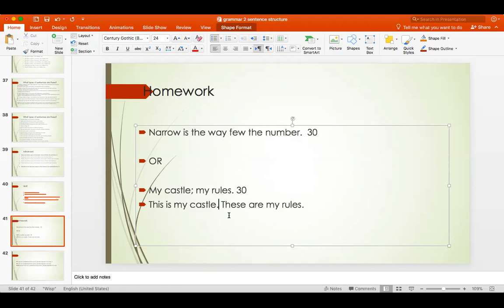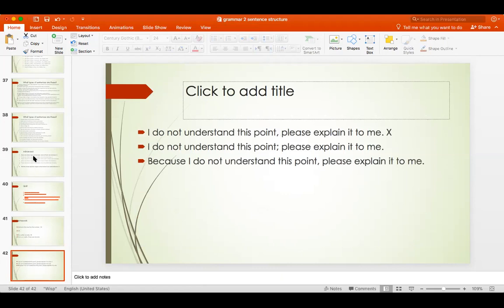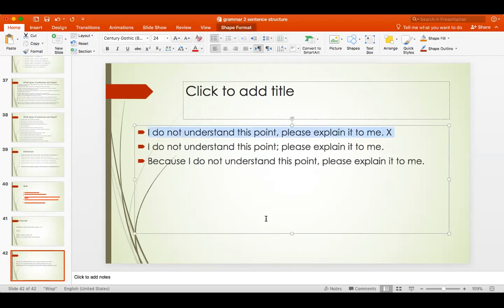Here there is a cause and effect relationship. So if you say, for example, this is my castle, so these are my rules. This is my castle; therefore, these are my rules, etc., etc. Now I want again to emphasize this idea that this sentence is incorrect because the comma doesn't connect. I don't understand this point; please explain to me. Correct. Because I don't understand the point, please explain it to me. It's correct. Or it could be this way. This is also correct, but it is